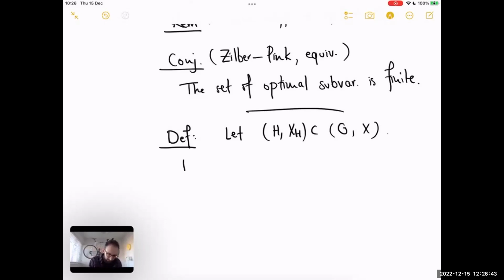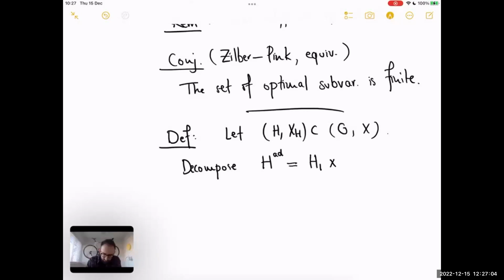And then H is a priori just a reductive group. If you quotient by the center, you get a semi-simple group that's actually the honest direct product of its simple normal subgroups. So you can partition those into two groups and write